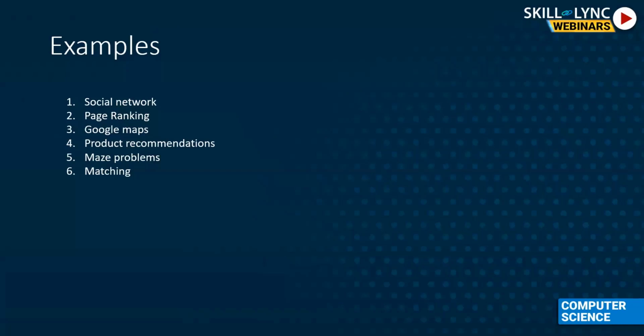Page ranking algorithm, Google, everybody knows about it. How do they do it? Page ranking is, let's say if I give you the web, the whole internet, like all the websites and links and everything, how do you find out the most important websites? Very simple. If there are so many pointers pointing to a single website, then you will know that that website has more importance than the other websites. So it's simply looking at the in edges, out edges, and then trying to find this.